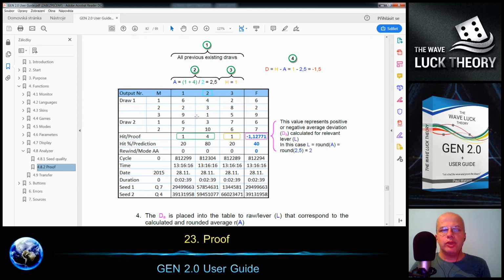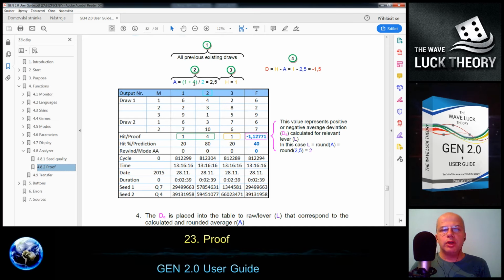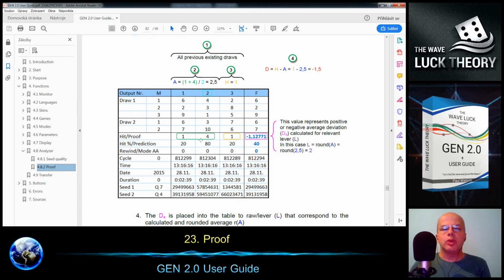In this case we calculate the average as 1 plus 4 divided by 2 draws, so divided by 2 is 2.5. It is the average of the hits from the previous draws except the last one, and then we compare that with the result in the last one.